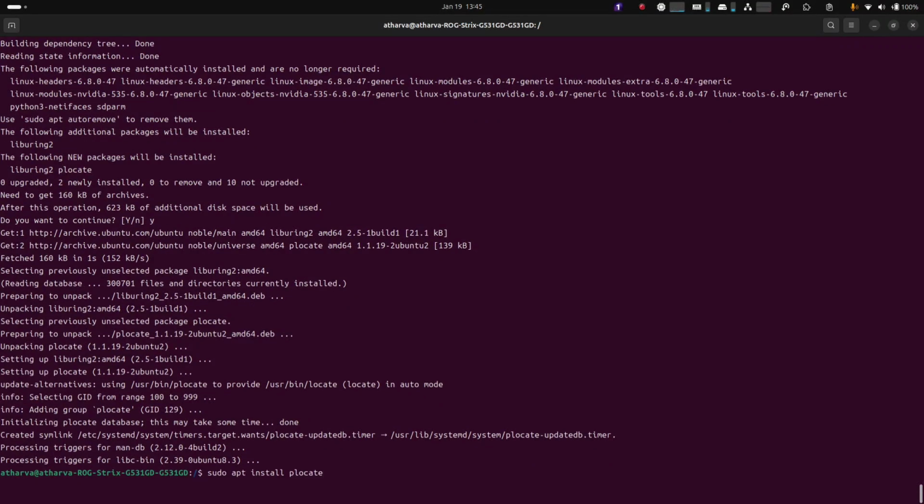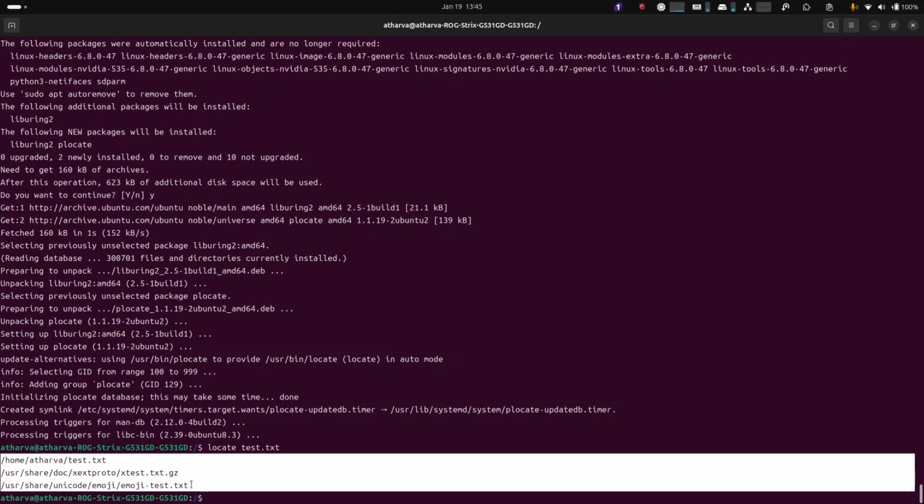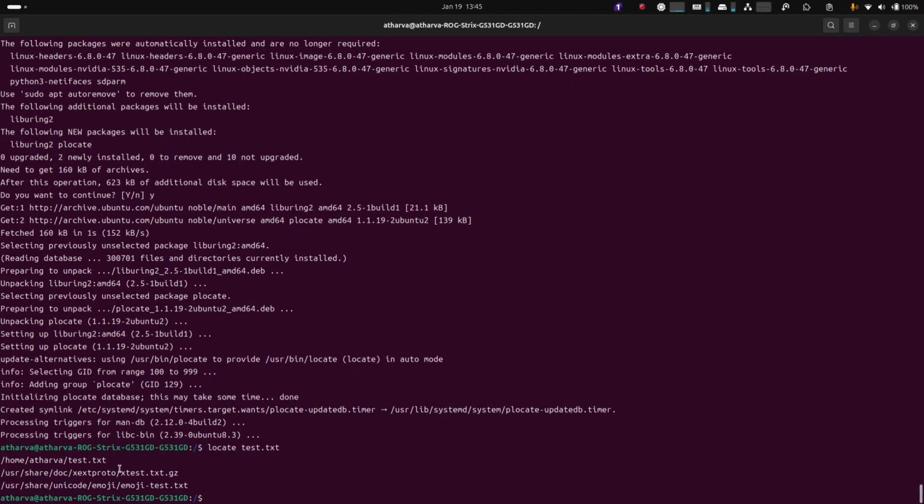Now if I go for this command, you can see that for these paths we have got this particular file, that is test.txt. Okay, so the difference between find and locate is that